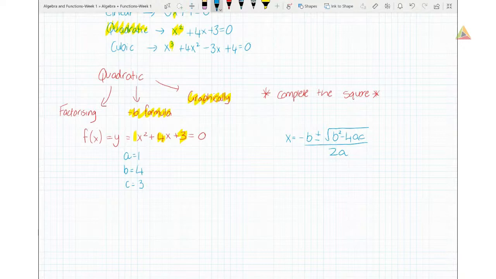Okay, so once we have figured out what a, b, and c are, we're going to sub those straight into our quadratic formula. Okay, so we're going to sub them right in over here into our minus b formula. So it becomes x equals,